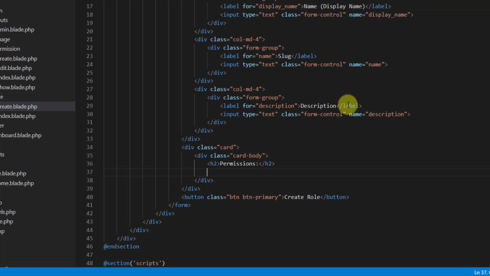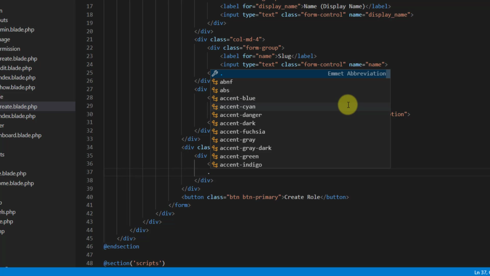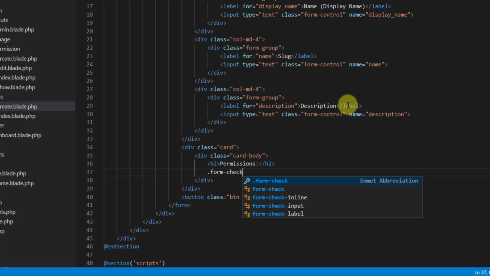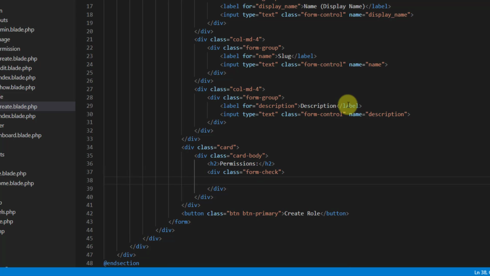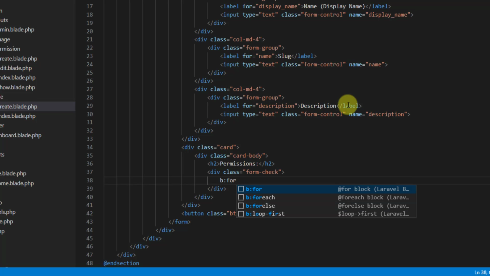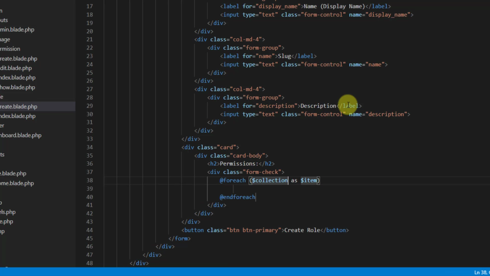Let's create a form check. So div with the class of form-check, and inside here what I want to do is create my foreach loop. So foreach, and I want to foreach for the permissions as permission,